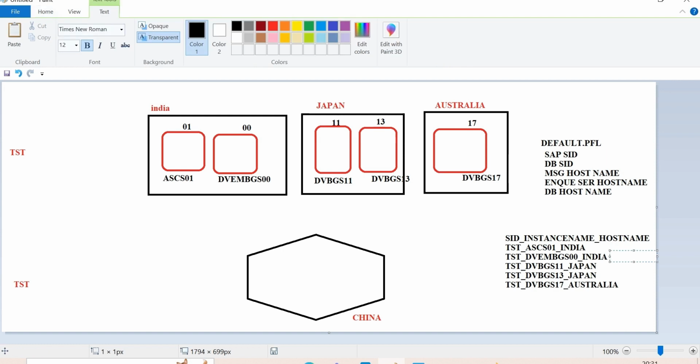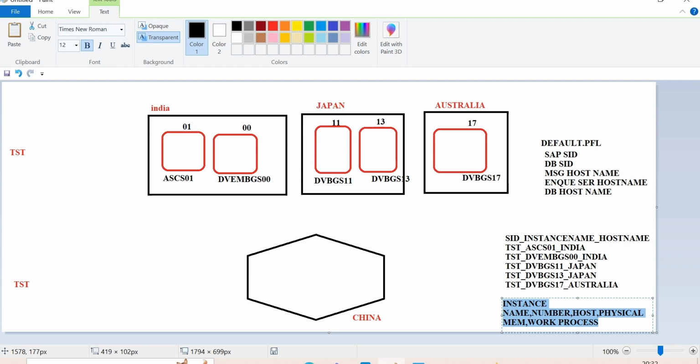So instance profiles contain the instance name, number, instance host, physical memory size, and work processes. You can remember this.